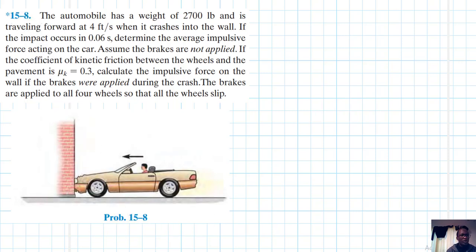So if we are to redraw this car here, let's redraw it. It must not be the same, but we can just draw something that looks like the car. So this is the car, we have the wheels like so. So we're saying this car